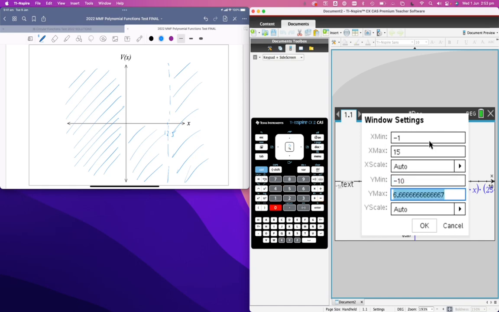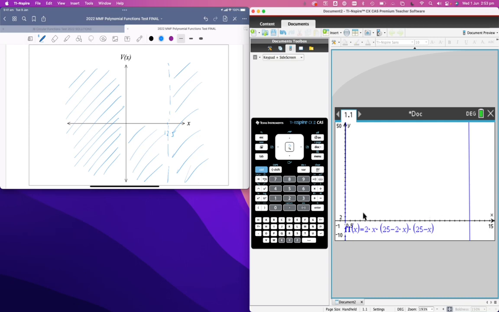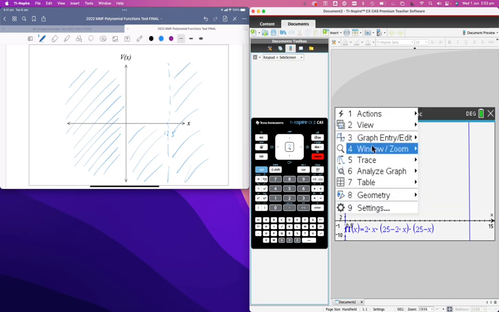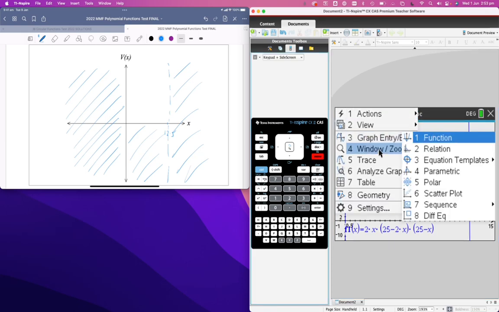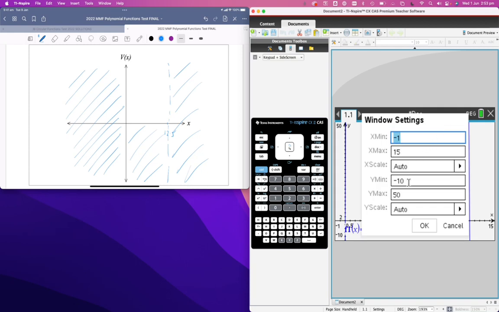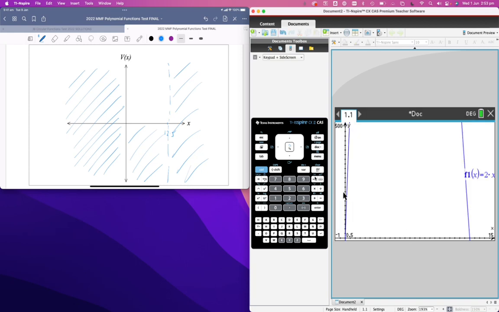I'm going to go to -10, and I don't know what the value is going to be, but I might just go for 50 and see what happens. Okay, so that's nice. It's going up and it's going down, but I've got nowhere near the right volume here. I'm out by a lot, so I'm going to go to menu, window zoom, window settings. I might say, okay, maybe it's 500 I need. No,